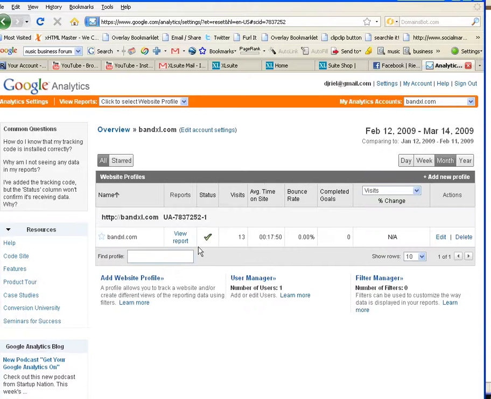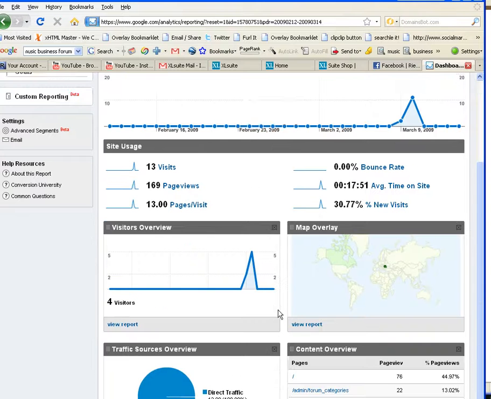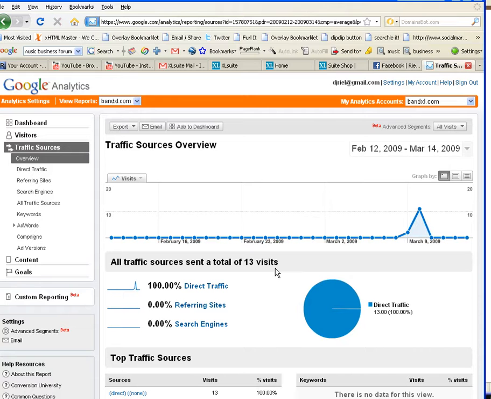So here you can see Band Excel's website. And if I click on View Report, it'll tell me how many people have visited. As you can see, not that many yet. But this is what gives you statistics for your website. So I highly recommend that you go and sign up. It's absolutely free. And when you've got your sign up, so let's go back to my